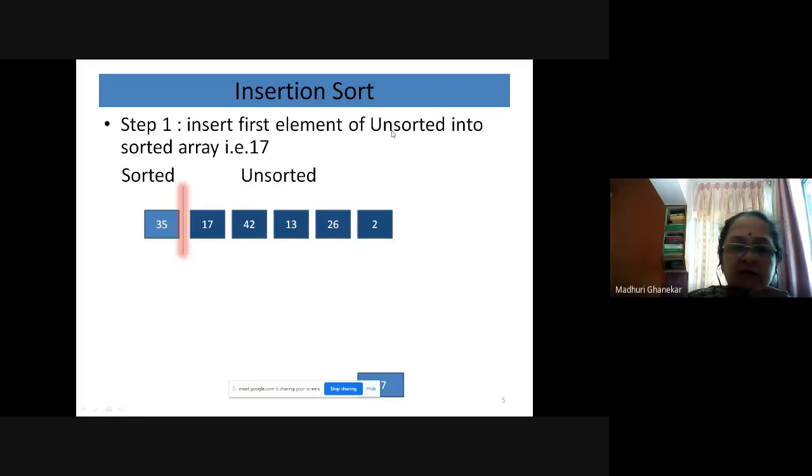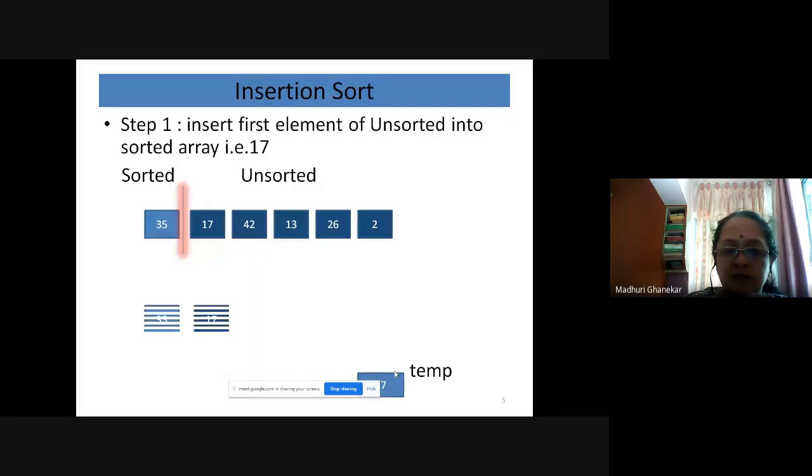Insert the first element of the unsorted array, say 17, into the sorted part. So we have copied it to a temporary location, as I mentioned.